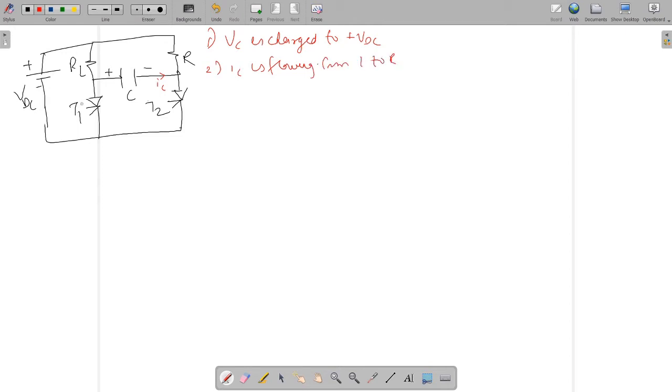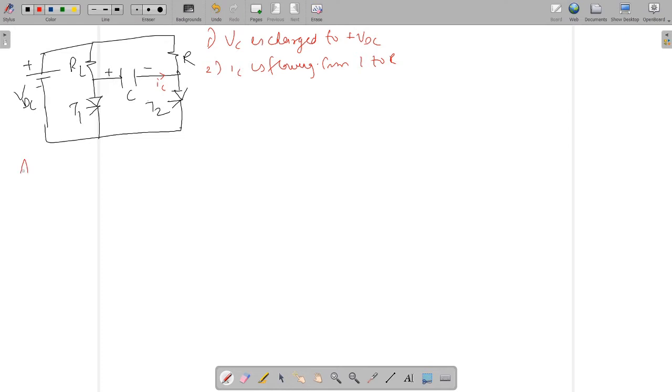Now, if you turn on this main SCR, at one moment of time only one SCR will be in the conduction state. When you turn on T1, it means you are turning off T2, because when T1 is turned on, it acts as a short circuit. So the positive potential comes at the bottom and goes towards the cathode of T2. It means that this SCR will be reverse biased.